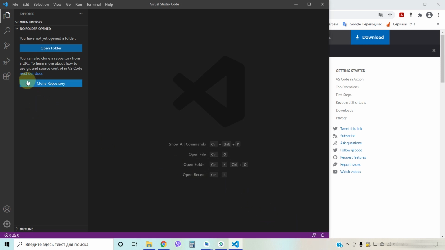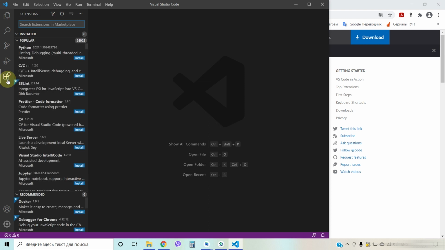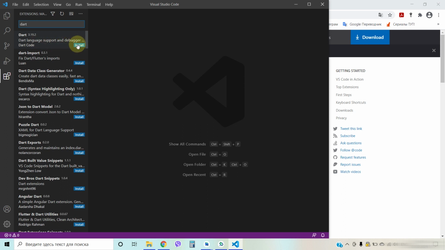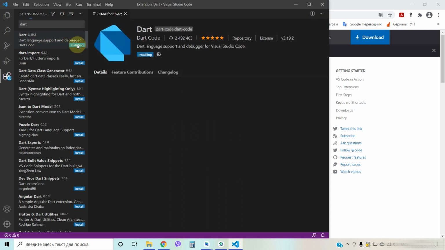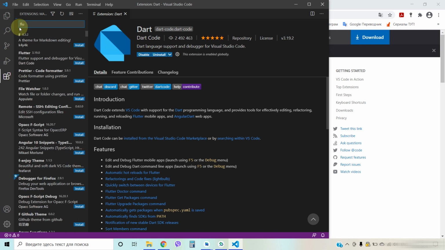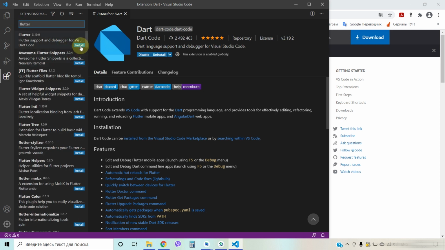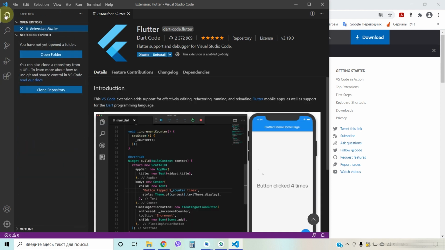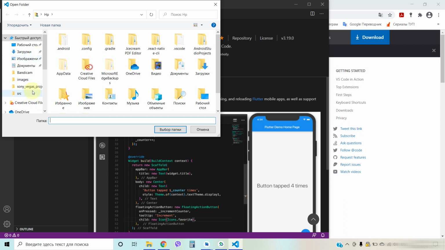And install two extensions, Dart and Flutter. After that, find your project and open it via Visual Studio Code.